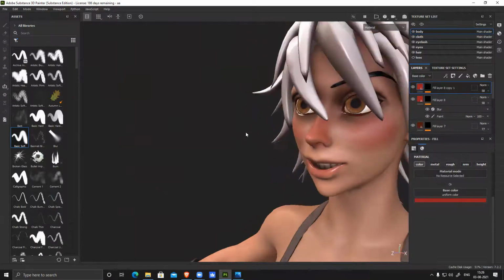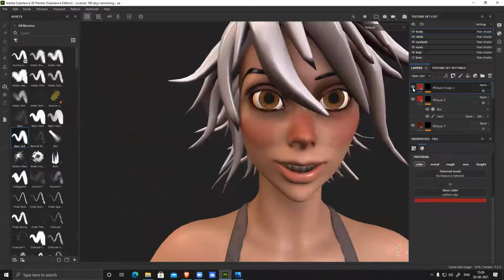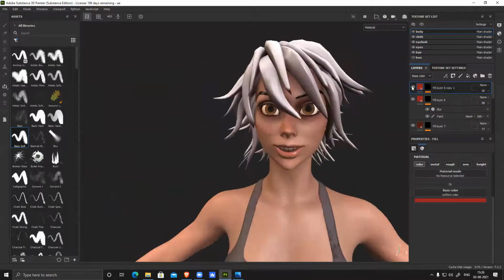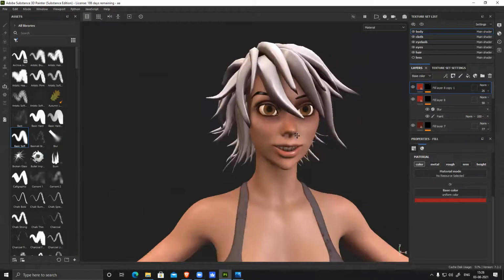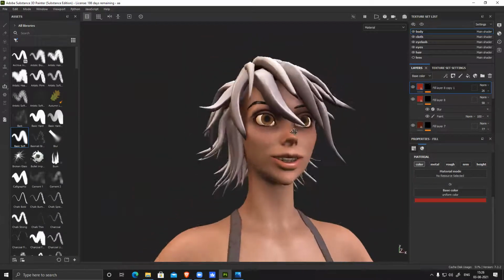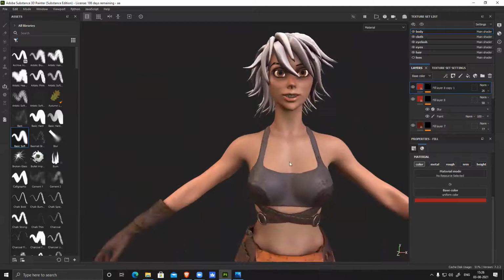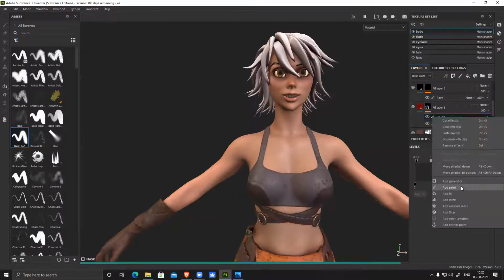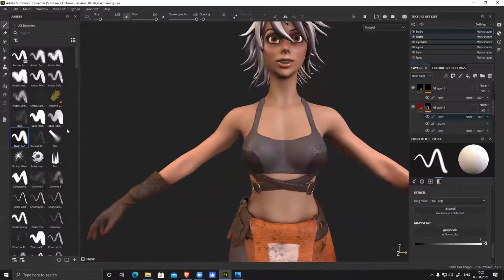No roughness, only color, and reduce it. And this dirt, I can add one more paint, this blood thing.